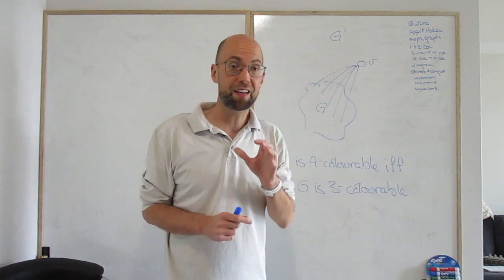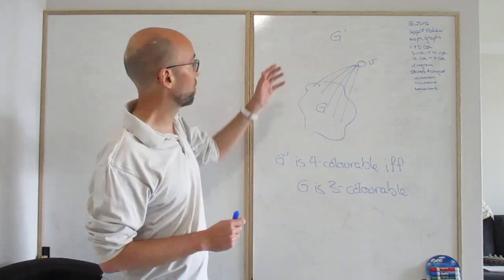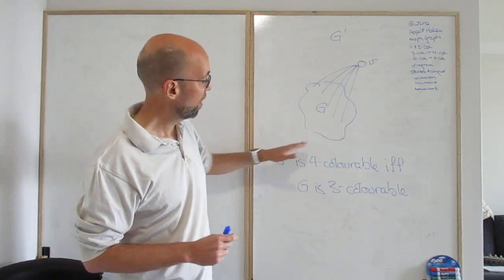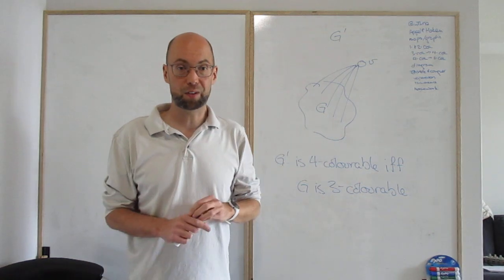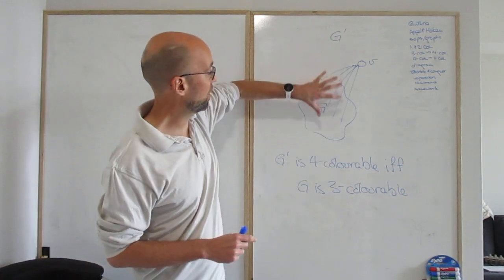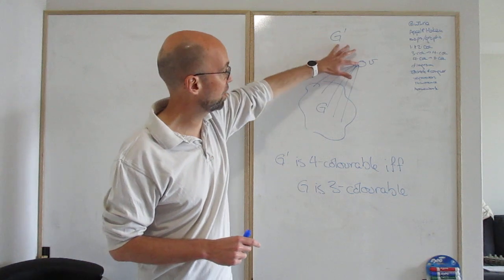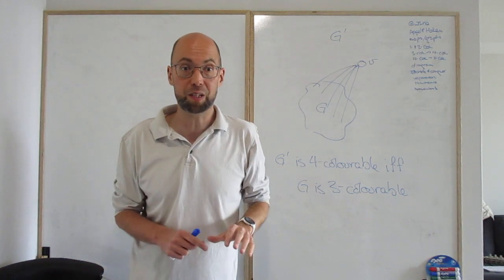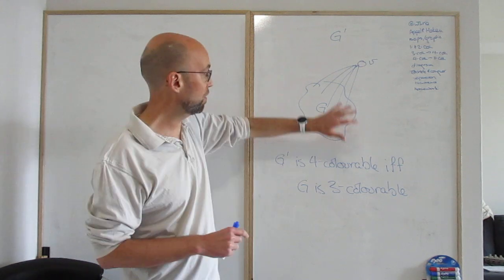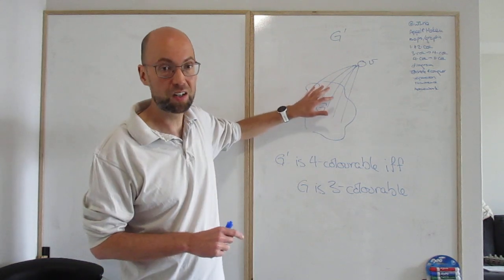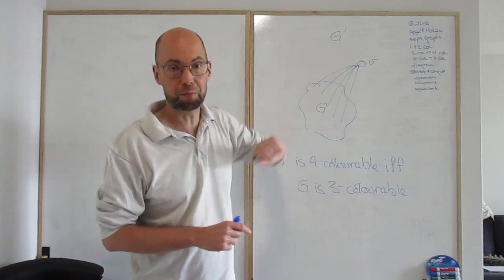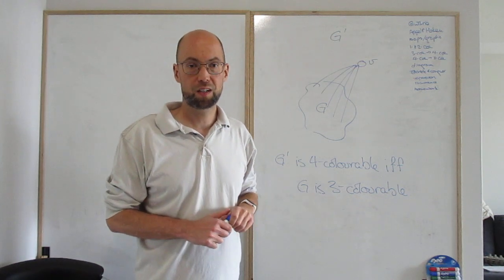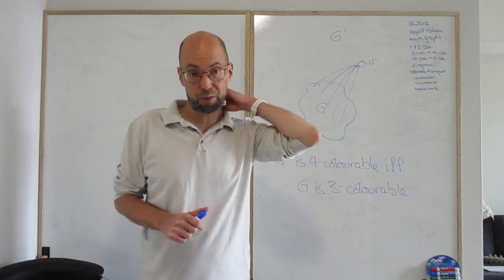Note that this requires four-colorability, not planar four-colorability, because if you connect V to all the vertices, that doesn't maintain planarity. Even if G is planar, G prime may not be planar. So for example, if you take